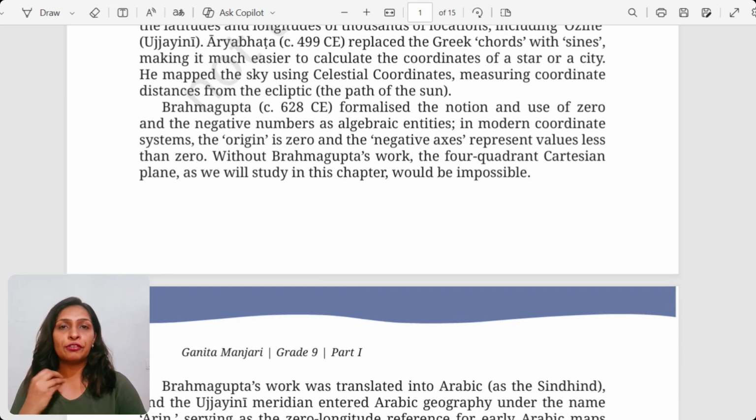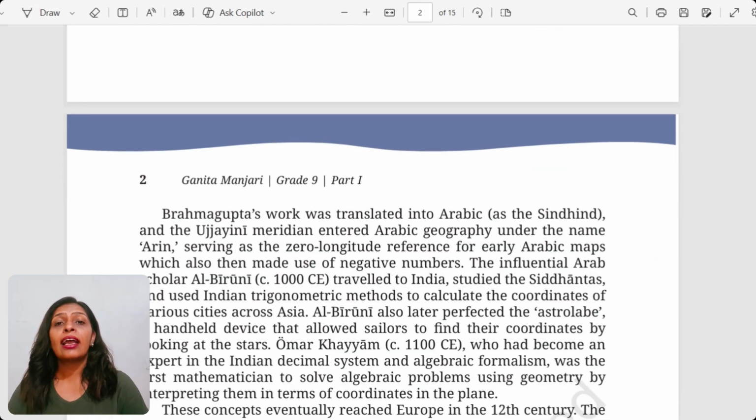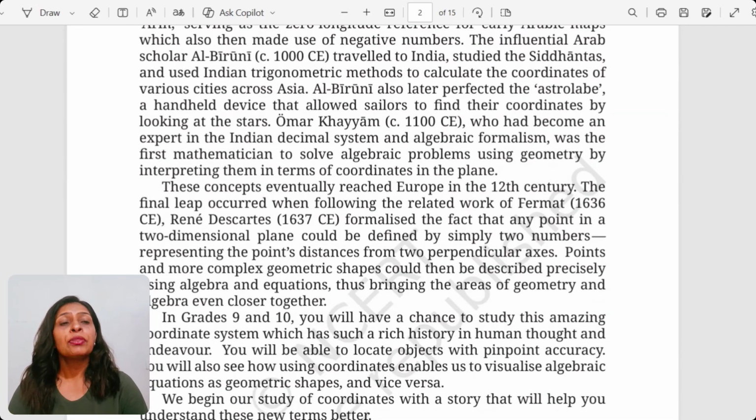So in today's first introductory video, we are going to understand what coordinate geometry is, what a Cartesian plane is, and how to go about this, right? What we are all covering in this chapter, I'll just give you the brief about that.